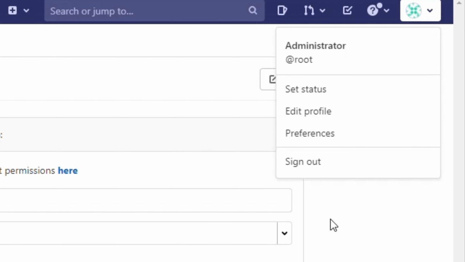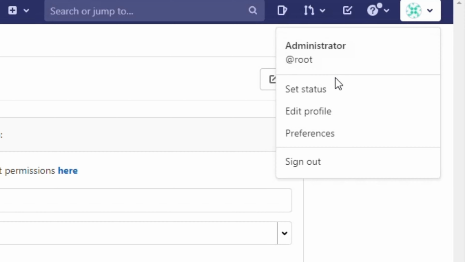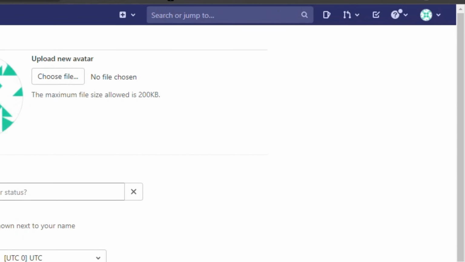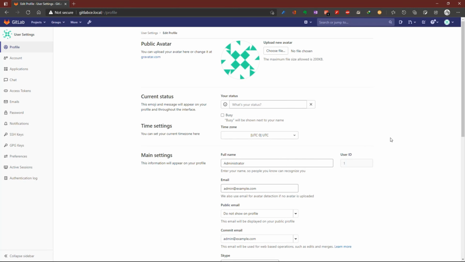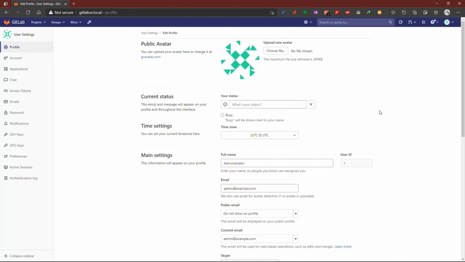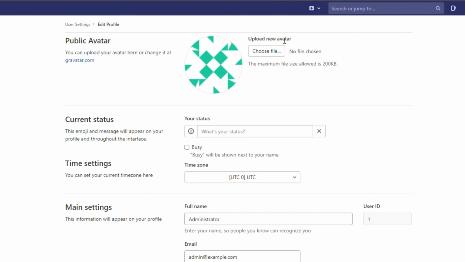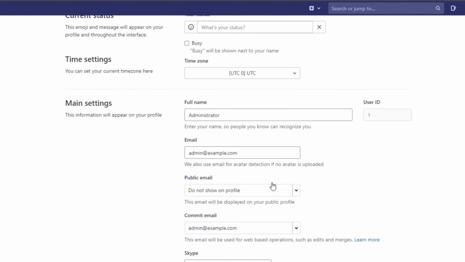So we can go to our profile, edit. We can change our avatar, status, time settings, our full name.